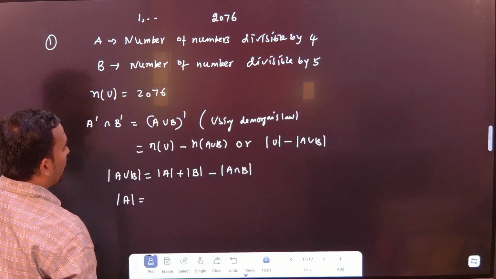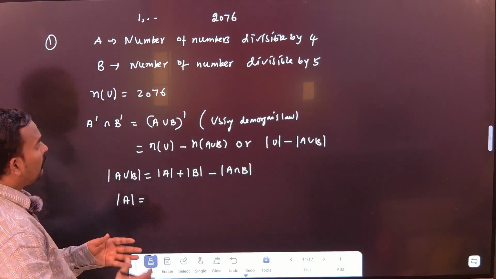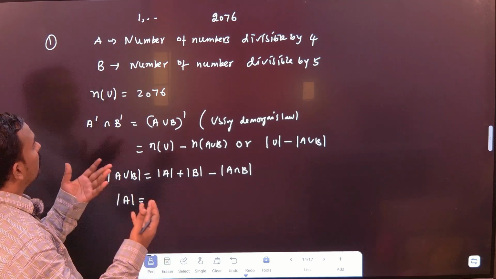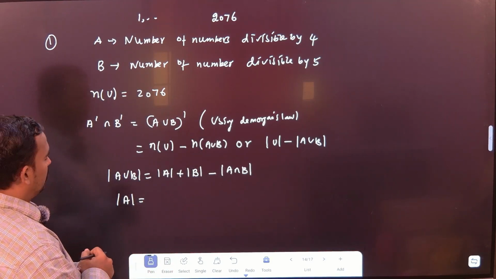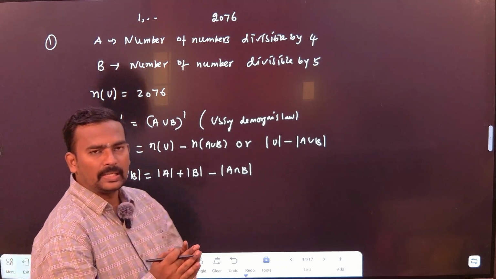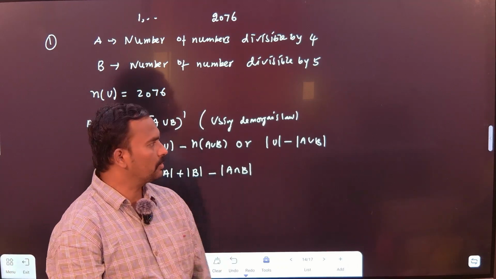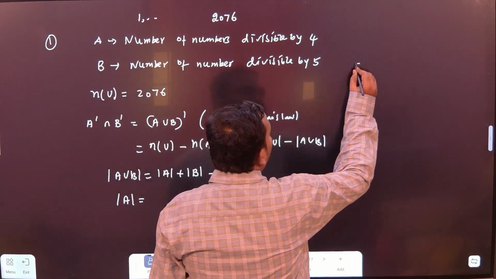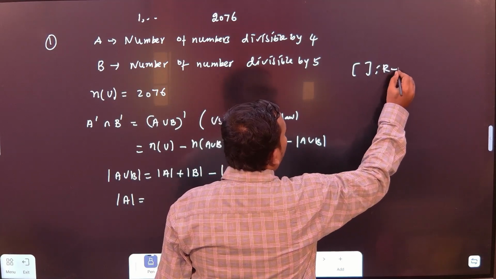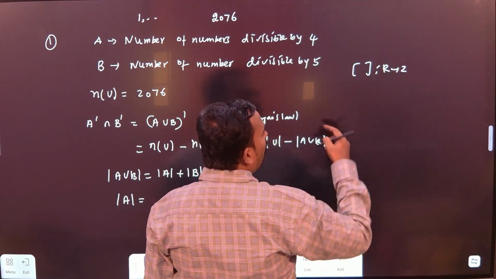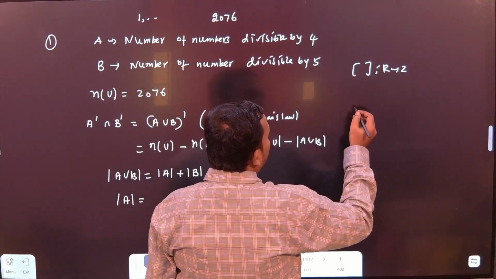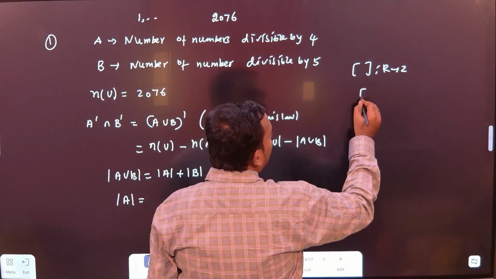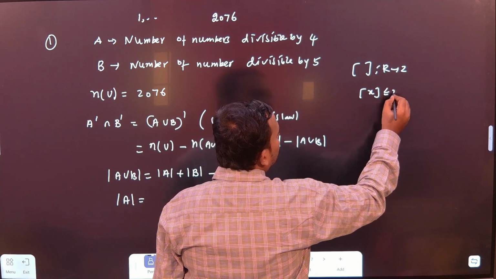2076, right? Okay. How many natural numbers divisible by 4 are there from 1 to 2076? How to calculate quickly? Use the greatest integer function. You know the greatest integer function is a function from real numbers to integers. Before that, you have to understand the greatest integer function is always less than or equal to